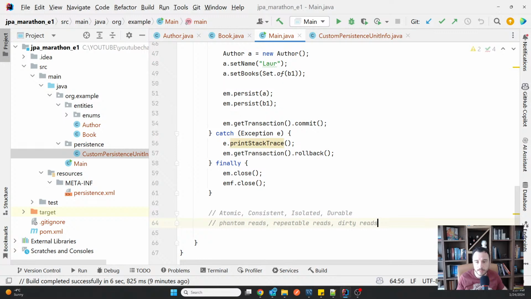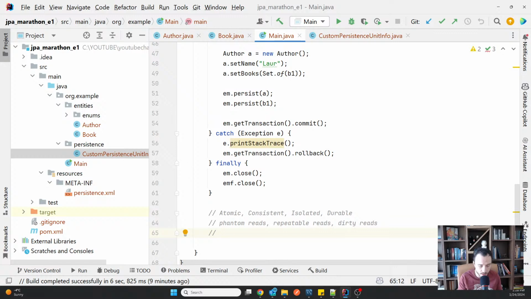These are anomalies in data consistency that depend on the isolation of the transaction. The isolation of the transaction is basically what one transaction can read from another while they are executing in parallel. And for the isolation, you also have a few levels.